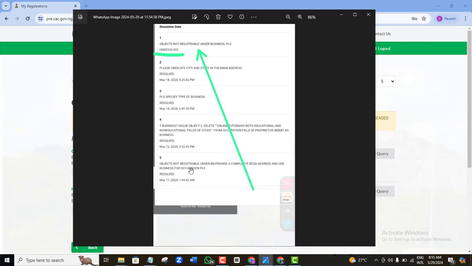And the first one they are saying is that this particular business should not be registered under business name. It should rather be registered under company. And I've told you the reason why. It is because of the nature of the business that the person has chosen. So if your nature of business seems to be maybe a fairly large business or organized business, it's not really a very small business, CAC will ask you to register that company as a limited liability company. It's either you go ahead to register it as a limited liability company, or you change the nature of business to a simpler English that they will allow you to register the business as a business name.